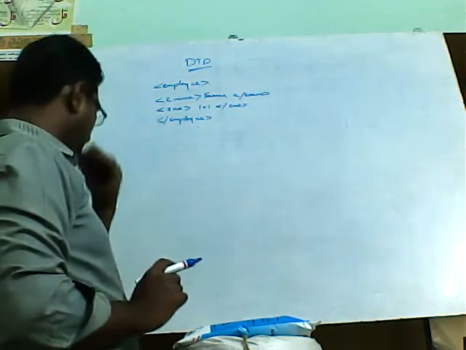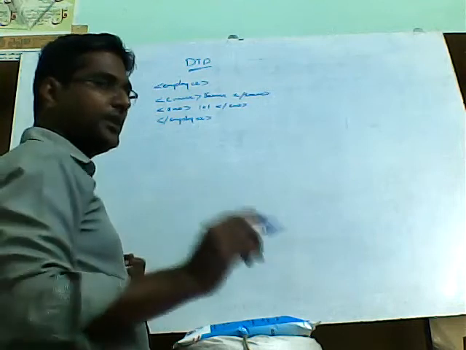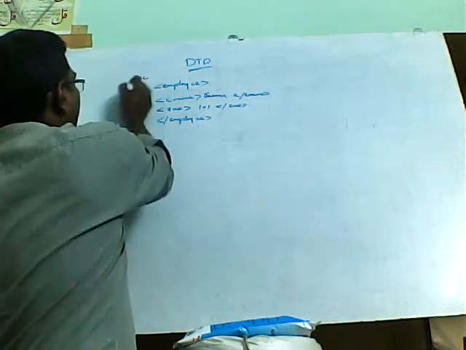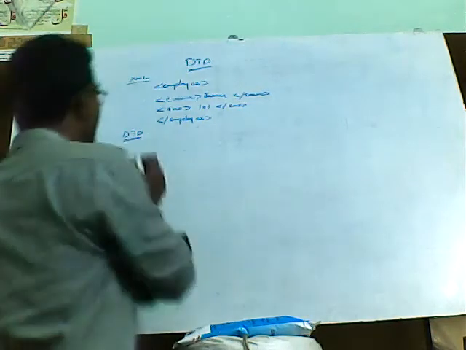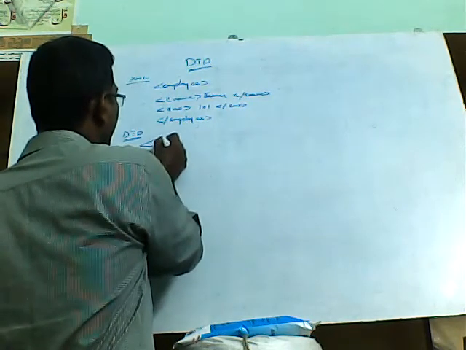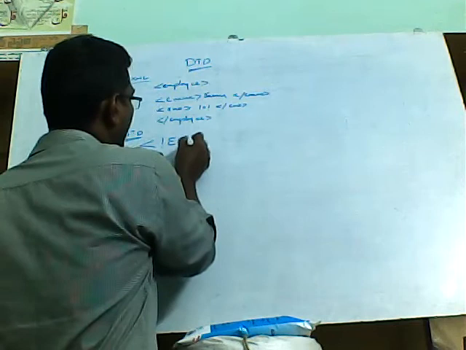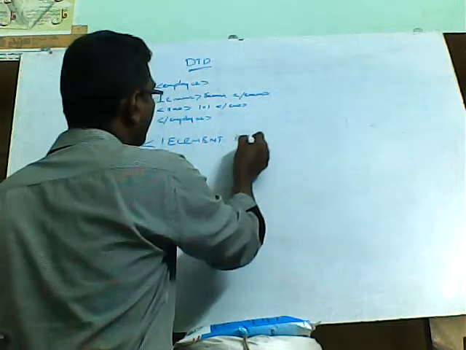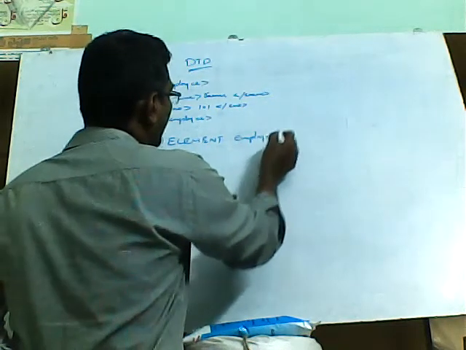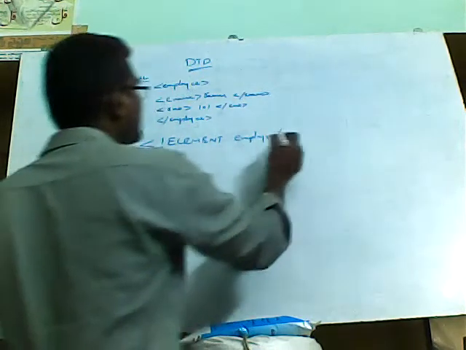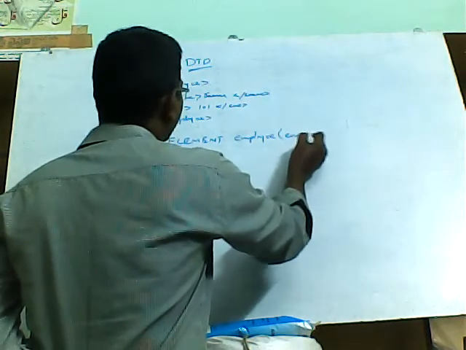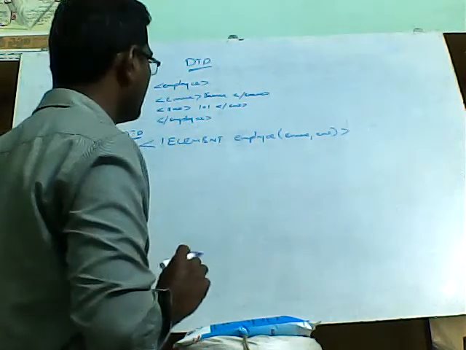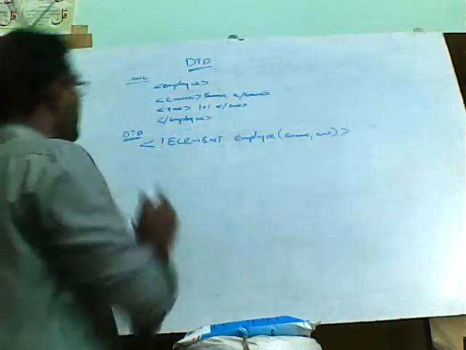For this XML document, in the previous lecture, we have seen how to create the DTD. So how to create the DTD for this XML document? We will have one syntax: less than, exclamation mark, followed by ELEMENT. What is the root element here? Employee, in the brackets. What are the child elements we have on that employee? E name, comma, E number. Close. So this is the DTD for the root element.